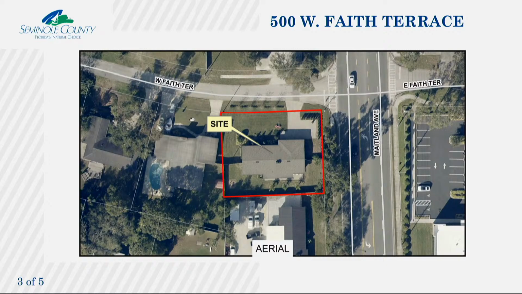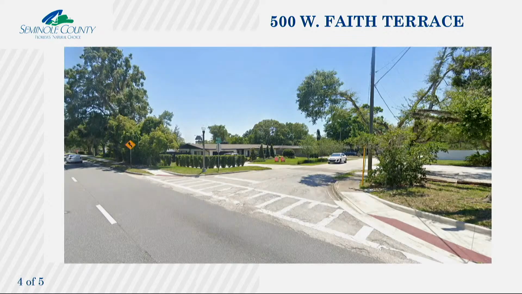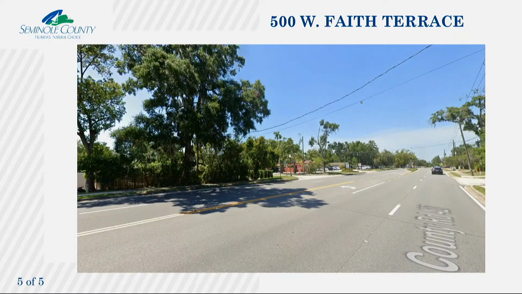The request is to bring into compliance a 6-foot privacy fence entirely within the side street setback. The privacy fence is 11 feet from the sidewalk and 19 feet from the edge of pavement. Traffic engineering has no objection to the placement of the fence as it relates to site visibility. A code enforcement violation, number 24-39, was issued for this structure, resulting in the necessity of this variance. 4 letters of support were received from neighbors in the community. This concludes my presentation. I'm available for any questions.